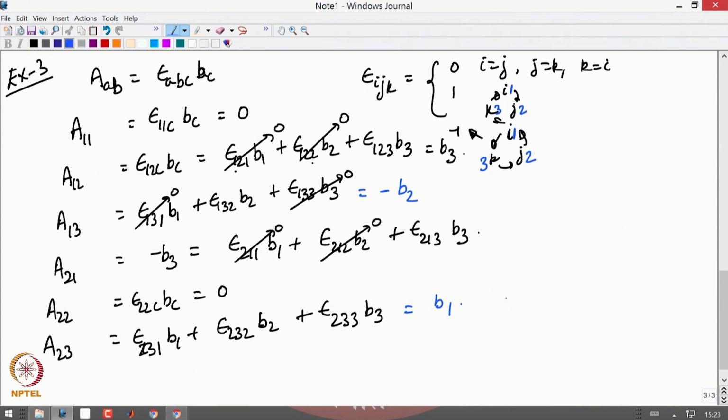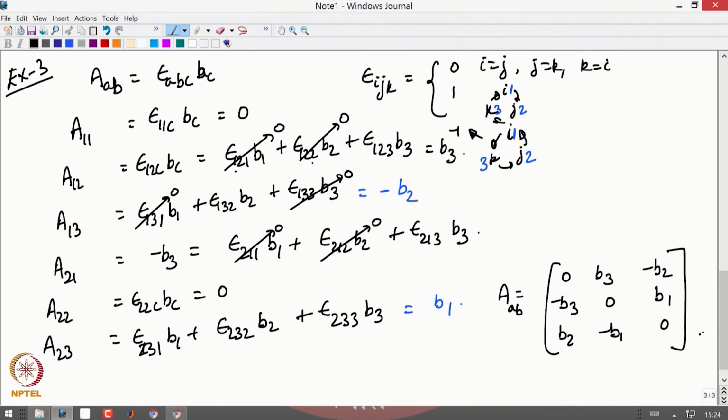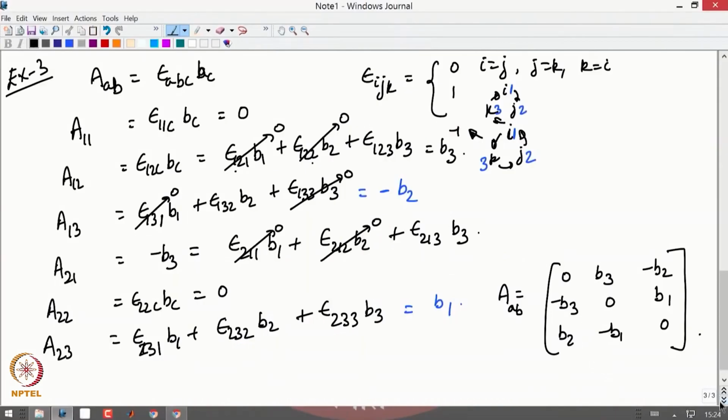Then I can write the matrix A as, this matrix A B would be 0, B3, minus B2; minus B3, 0, B1; B2, minus B1, and 0. So, this will be the matrix A B, it will be a skew matrix. Now, moving on to another example,